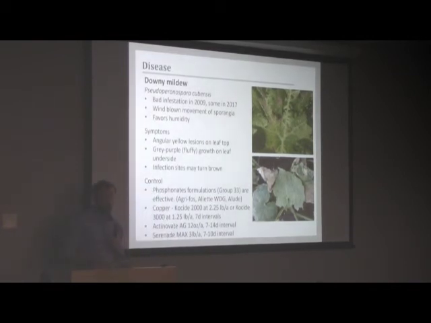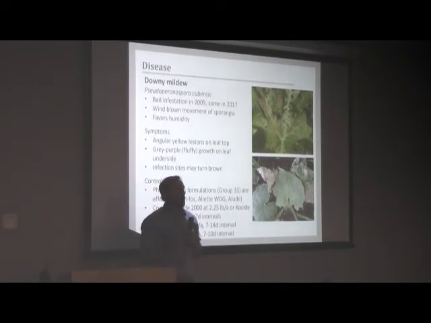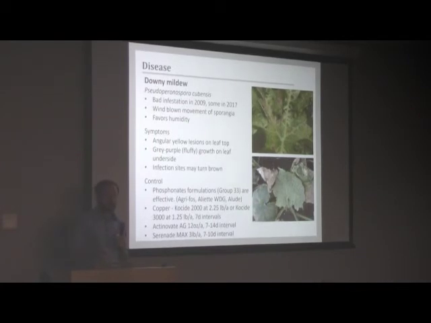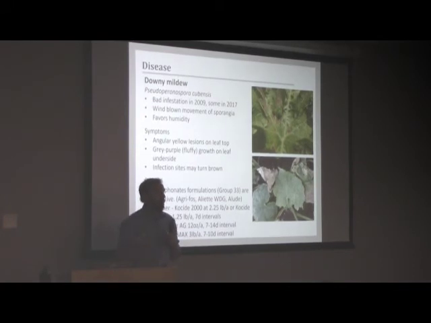There are a number of controls. Phosphonates are somewhat effective, but you could come at it with the copper. There are some organic copper products that do a good job of control, as well as some of the other organics, the Actinovate and Serenade also. So again, getting on this early is the way to go. Try to stay out of the fields if they're wet with all of these or most of these diseases. Staying out of the field if the leaves are wet, because that's really going to be a